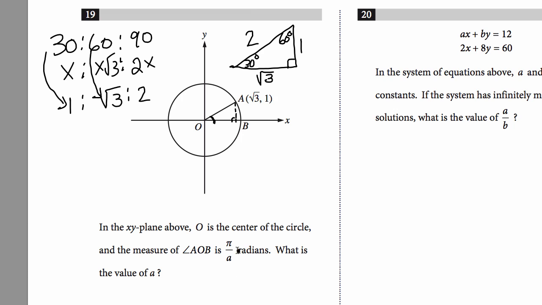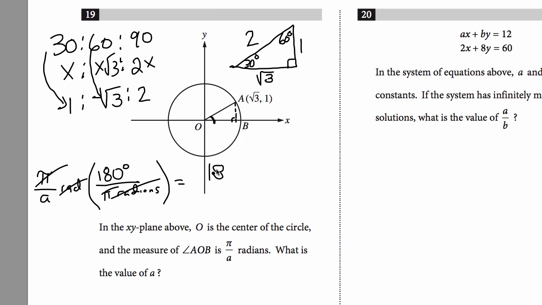But the only problem is we're in radians. So how do I convert to degrees? Well, this is pi over A radians. And if you want to convert to degrees, it's 180 degrees over pi radians. So that means that that's going to cancel out, and you're left with 180 over A. This is the important part, to know what you're multiplying by. So now the question is 180 over A degrees